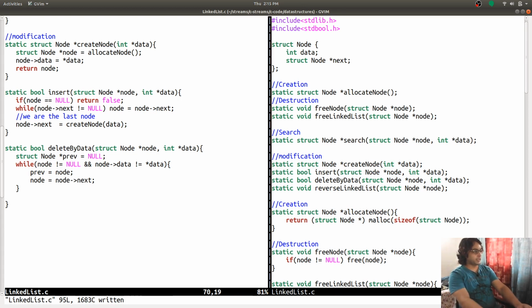So node is here. If previous is equal to null, it means the first node is the culprit, the first node is going to be deleted.